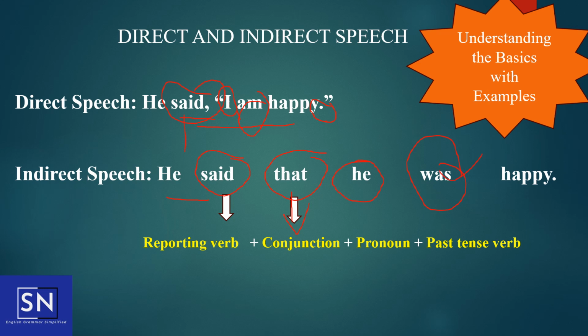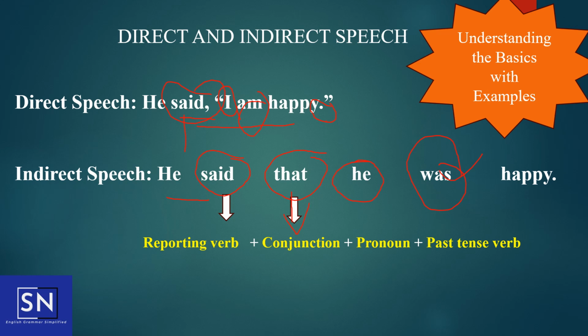If there is past tense itself in the direct speech, it would shift to the past perfect tense, had. Remember, the past perfect tense is formed using had. Then keep the remaining phrase unchanged. Now the answer is, he said that he was happy. By following these steps, you can effectively convert sentences from direct to indirect speech.